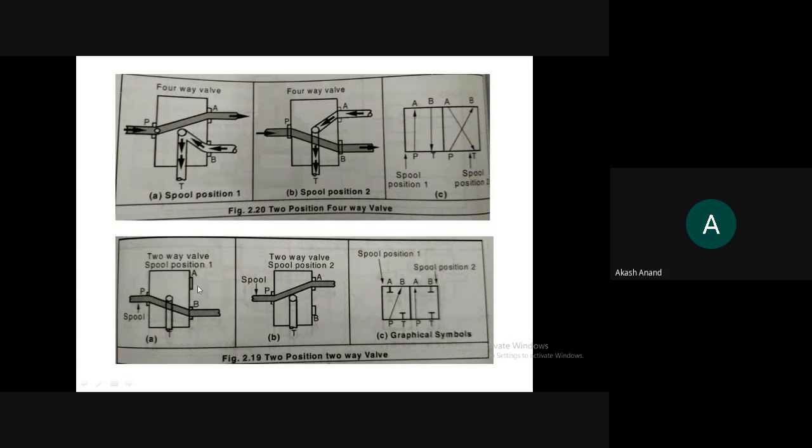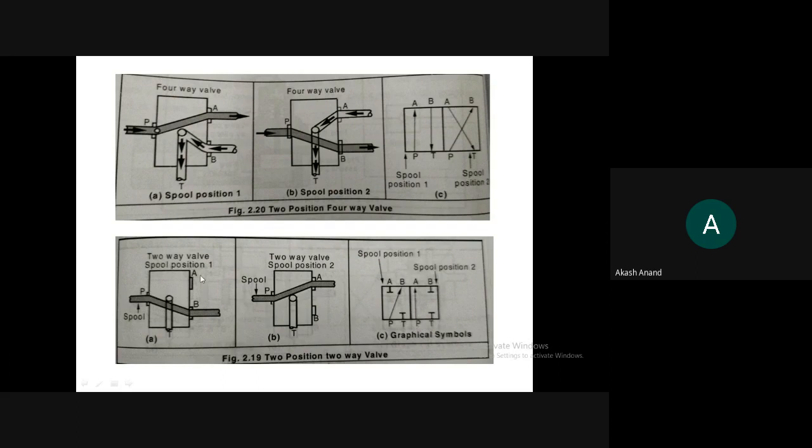Okay. I think it is clear. If you take an example of a pneumatic actuator, you can see the outlet will be directly to the atmosphere. So there should not be any return valve, or there is no need for any return valve. Okay. So this can be an example of a pneumatic control valve.